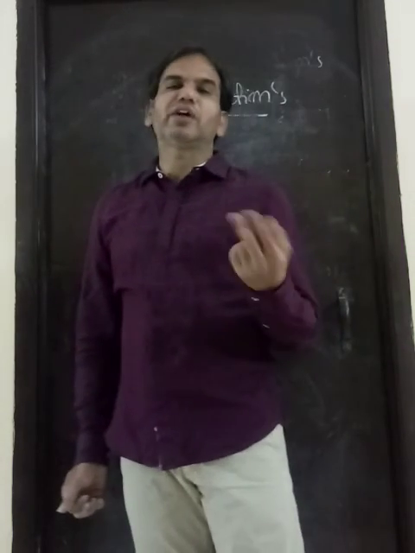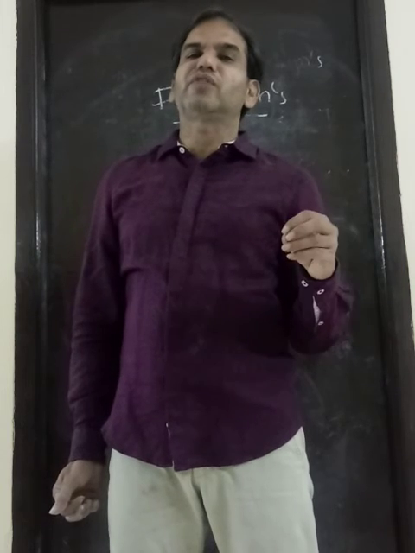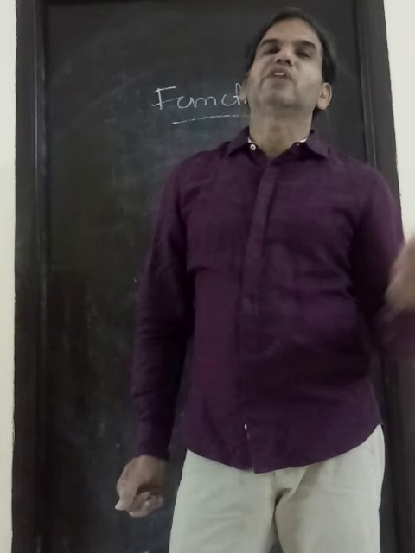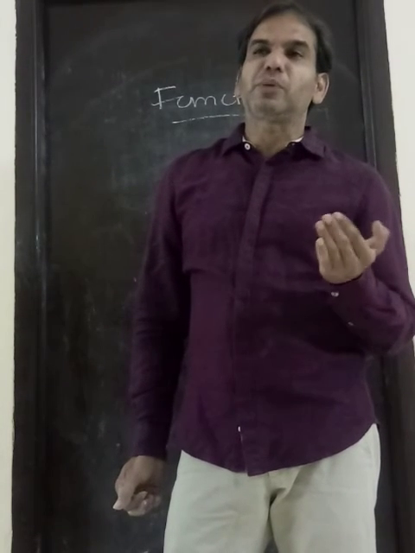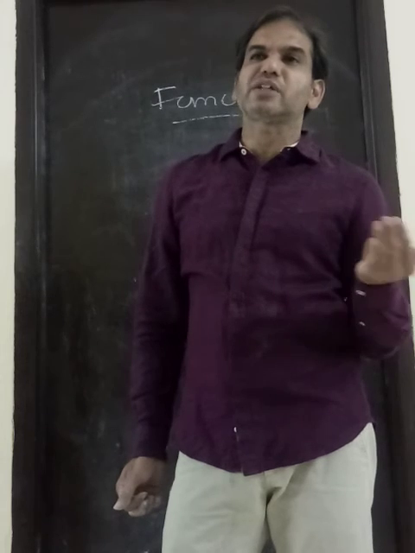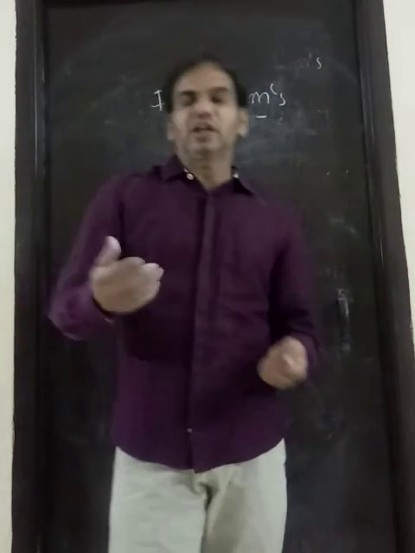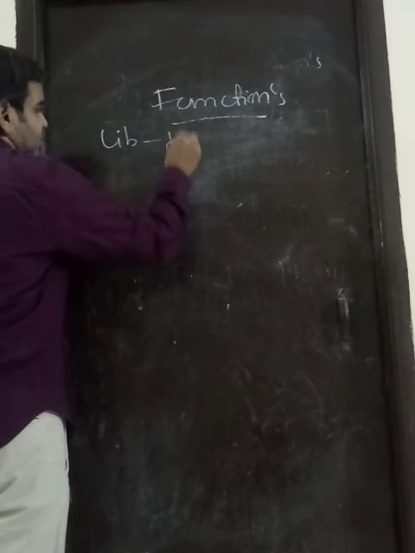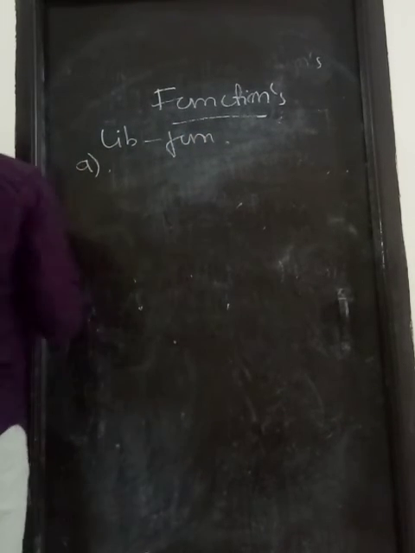Mainly functions are divided into 2 types: library, user-defined. Library are the predefined or built-in functions. User-defined are defined by the user. Why we are defining? If a program code is very huge, we are decomposing a program into multiple partitions. Each partition we are assigning to one subprogram. The subprogram is called a user-defined function. Here, coming to functions, there are 2 types: library functions. Library functions again classify into 2 types. Okay.